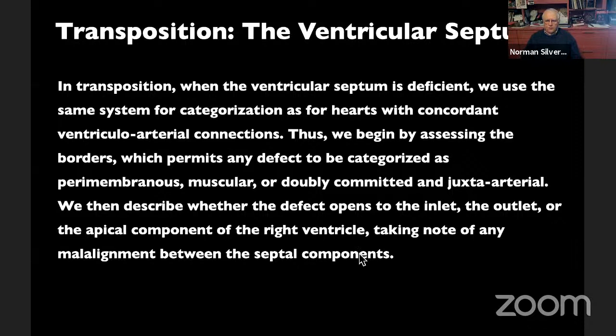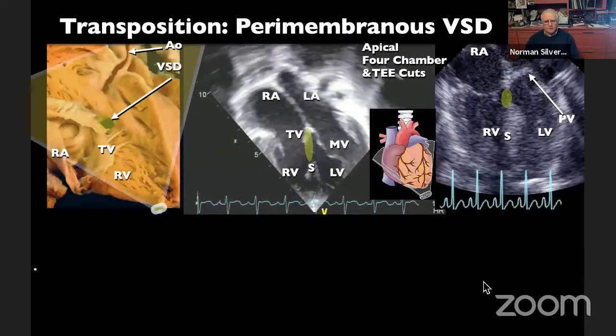The next thing is to look at the ventricular septum, and we have to evaluate the ventricular septal communication in exactly the same way as we evaluate all other VSDs, and all kinds of ventricular septal defects are present in association with transposition. So here is the classical perimembranous communication. In this heart, the right ventricle here is communicating with the aorta. And I've shown the ventricular septal defect as a shaded area, which you can see through.